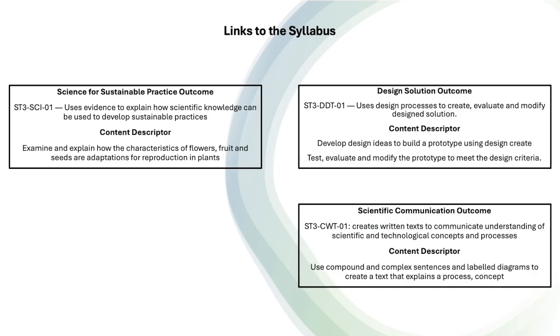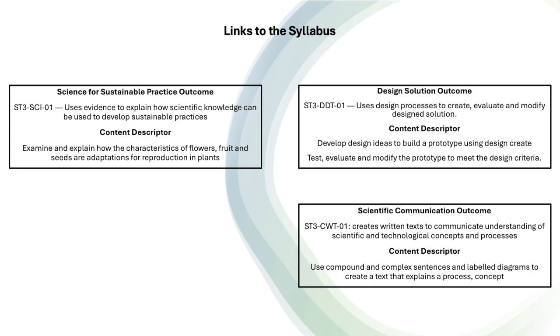I will be working with Year 6 students, and these outcomes and content descriptors frame both the learning and the making of my working model. In the Science for Sustainable Practice outcome, the model shows how plant structures support reproduction, such as pollen capture, ovules developing into seeds, and seed dispersal. I also link this understanding to sustainability, like protecting pollinators and planting native species, so students see how science connects